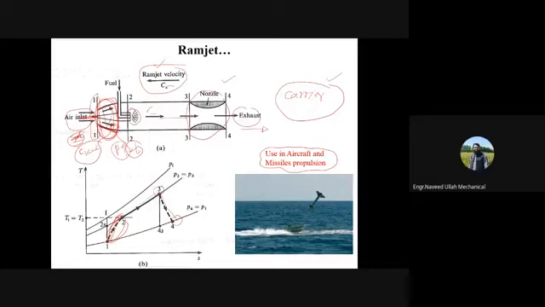I am repeating, if you have very low inlet velocity, so the ram air compression or the pressure ratio will be very small, ये pressure ratio इतना छोटा होगा, बहुत small होगा, ठीक है।